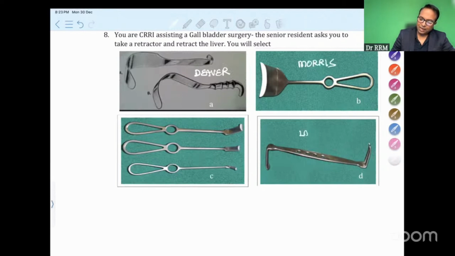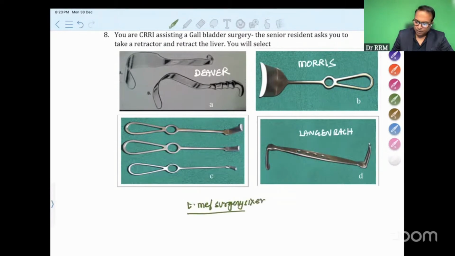This is Langenbeck retractor. So after the end of this class, I will share this PDF in my Telegram group. You can go through that in the Telegram group, Surgery Sixer. T.me/SurgerySixer is the group. You can go and download this from